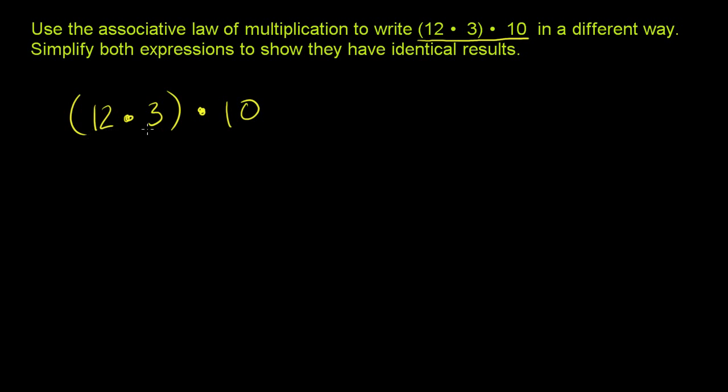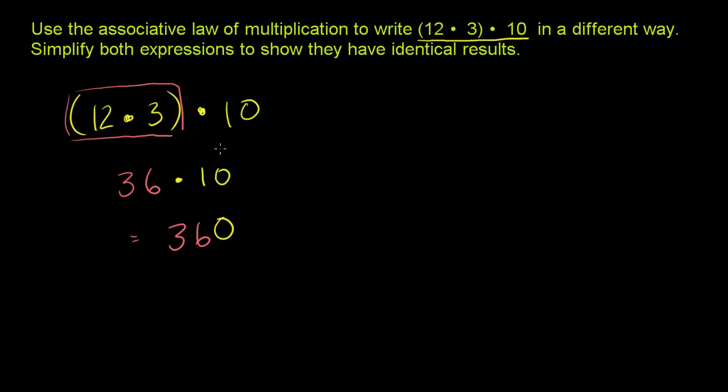Now, whenever something is in parentheses, that means do that first. So this literally says, let's do the 12 times 3 first. Now, what is 12 times 3? It's 36. So this evaluates to 36, and then we still have that times 10 over there. And we know the trick. Whenever we multiply something times a power of 10, we just add the number of zeros that we have at the back of it. So this is going to be 360. This is going to be equal to